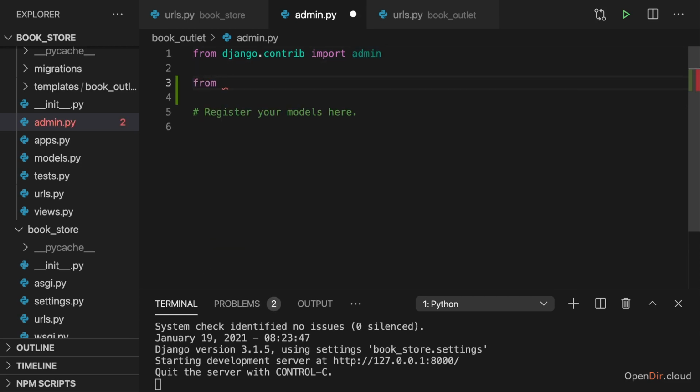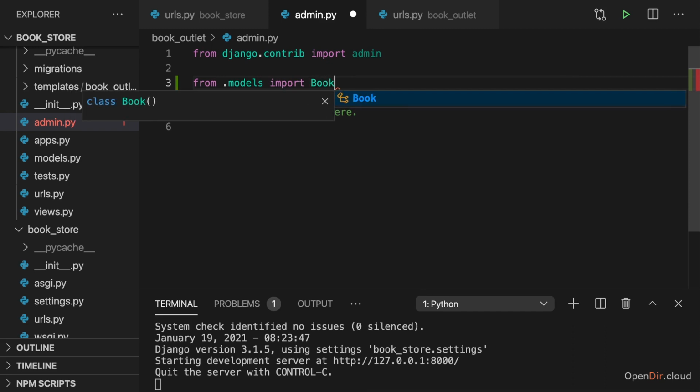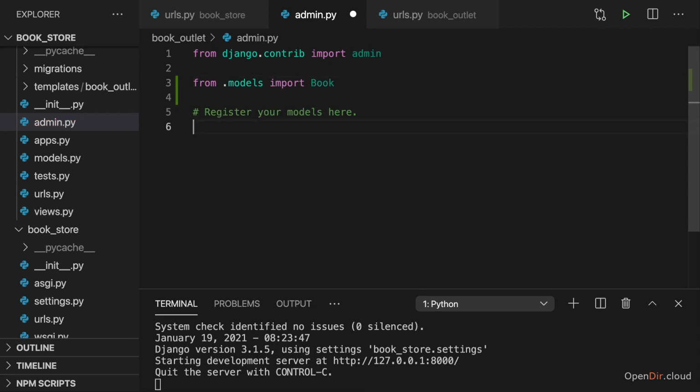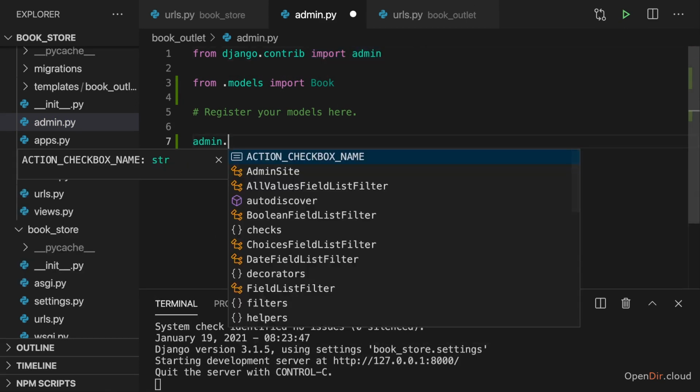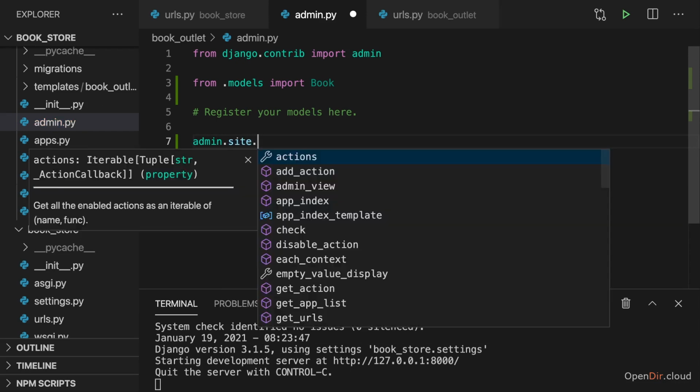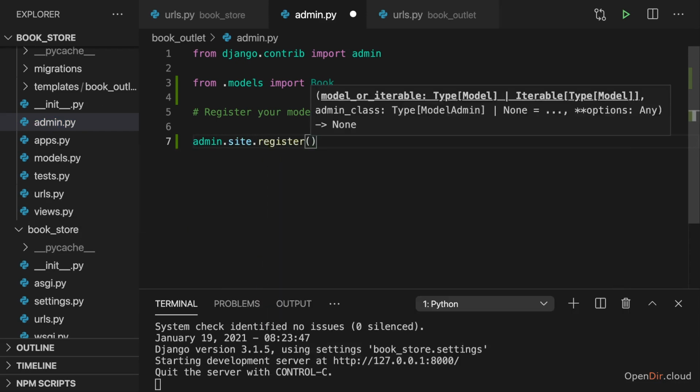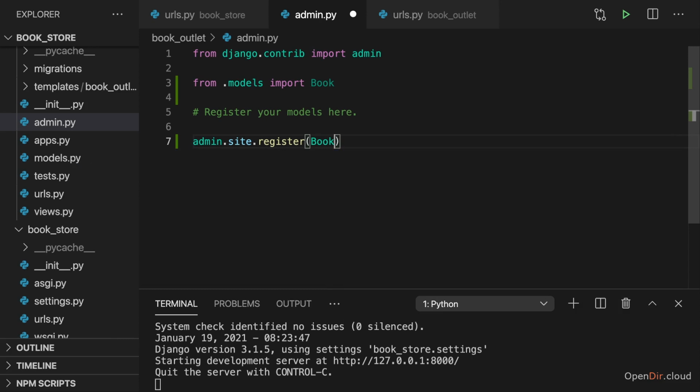Therefore, we need to import our models. So from .models, I'll import Book in my case here, since that's the only model we have. And then we can use admin, which is already being imported, .site.register, and then to register, pass your model name. So in this case, Book. And this tells Django that this model should be added to the administration site, that you want to administer it